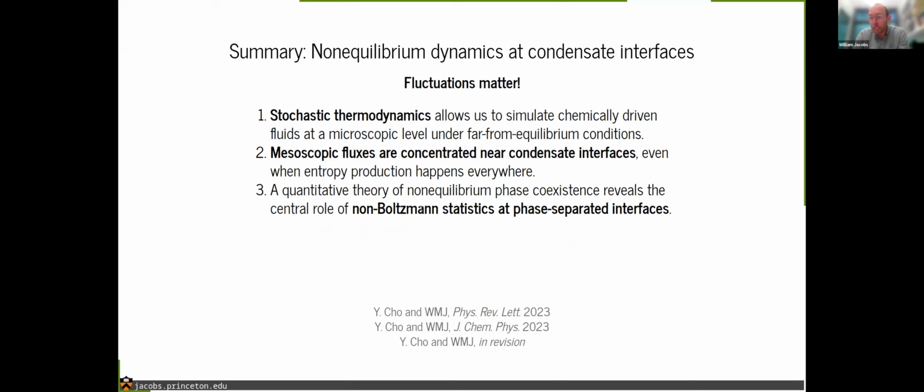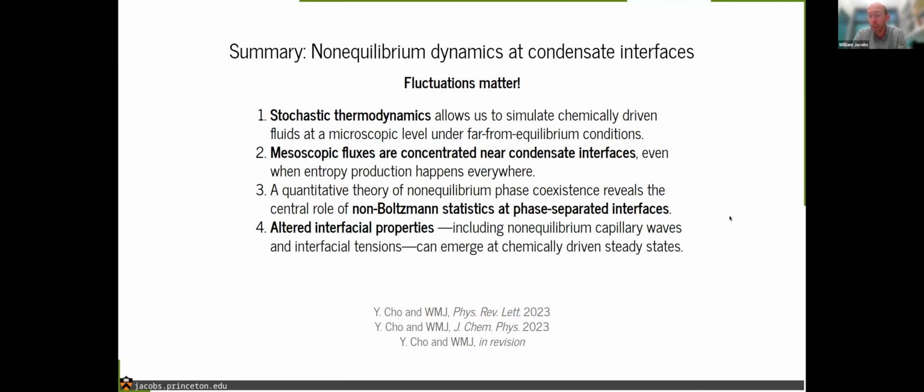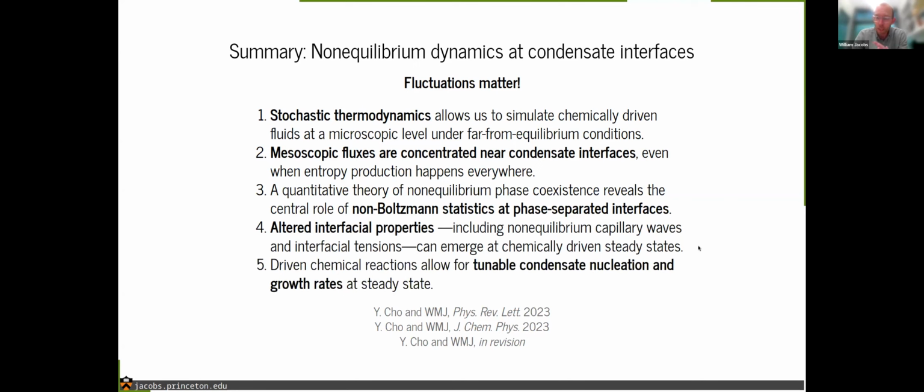But it's really these non-Boltzmann fluctuations at the interfaces that are underlying all of these interfacial properties that are changing and fluxes at larger scales, and they're all coupled together. And so I think the most important thing for the biology here is understanding how these driven chemical reactions allow us to consider altered nucleation rates in ways that are just simply